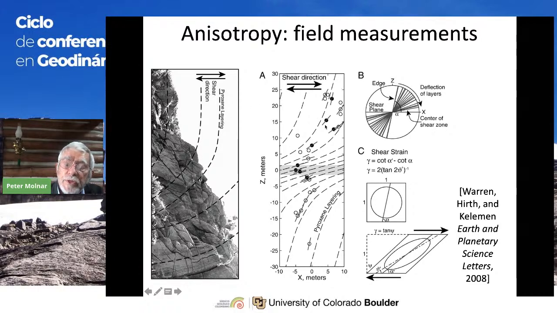And this is now showing how these layers are bent around, and then looking at the orientation of the 100 plane in these crystals, how they're bent around. The lines in here are showing you this. This is, again, simple shear where everything is bent around on an outcrop scale. You can see this anisotropy here.